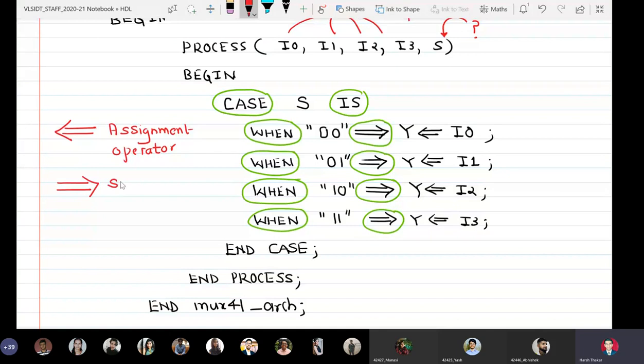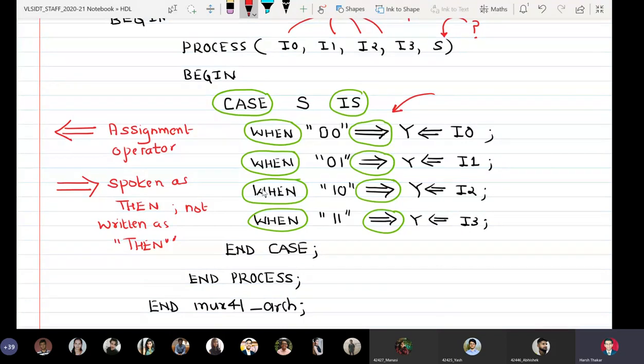So this is spoken as then, not written as then. I repeat that this particular operator which you are using here is spoken as then, but it is not written as then. This is very, very important.